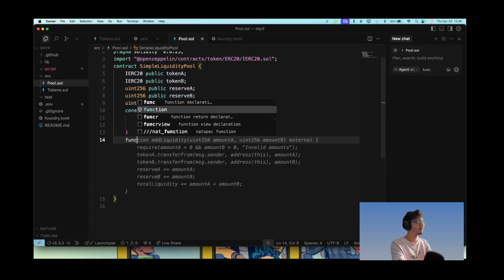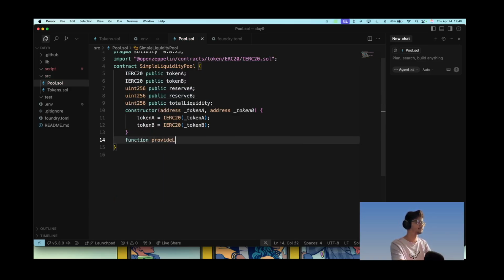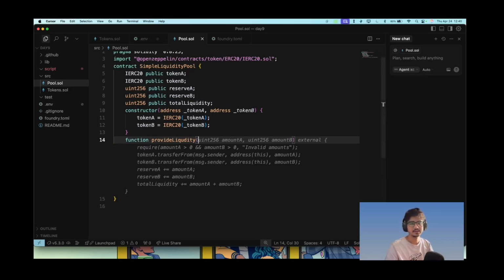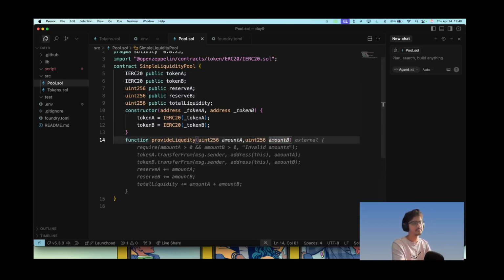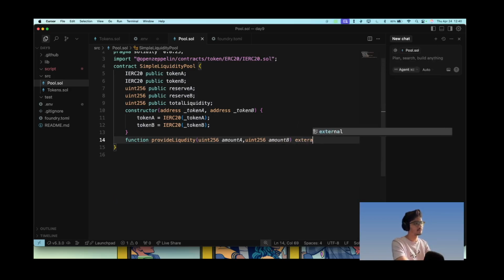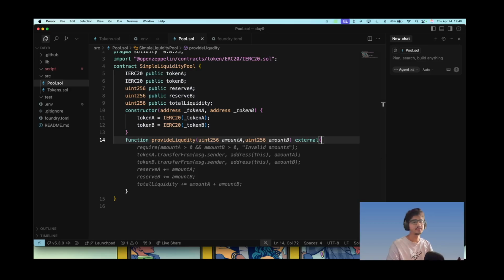Okay, now function provideLiquidity will give us the money here. So uint256 amountA, uint256 amountB, and they can be called externally. Okay, anyone can call it. And what happens in this is, so we need,